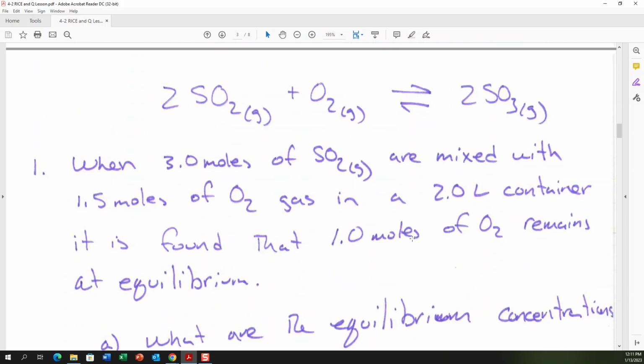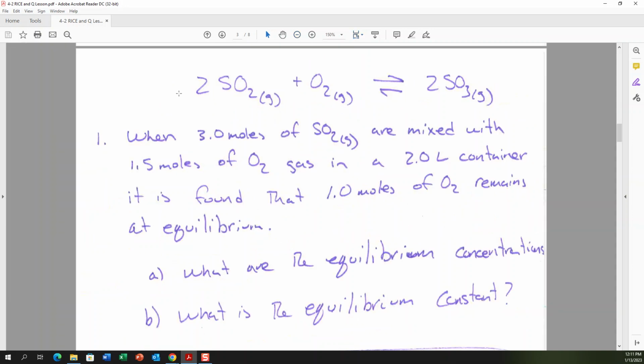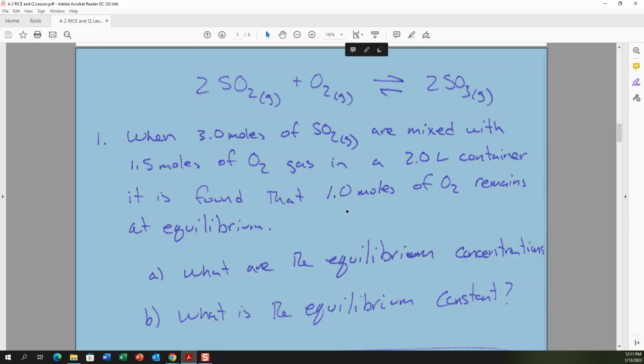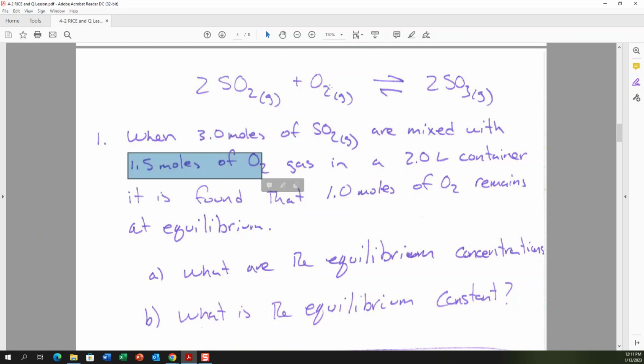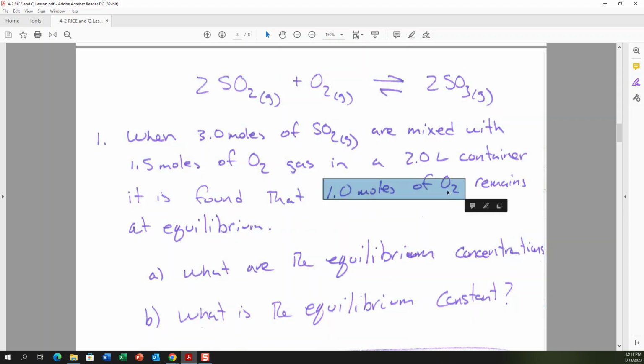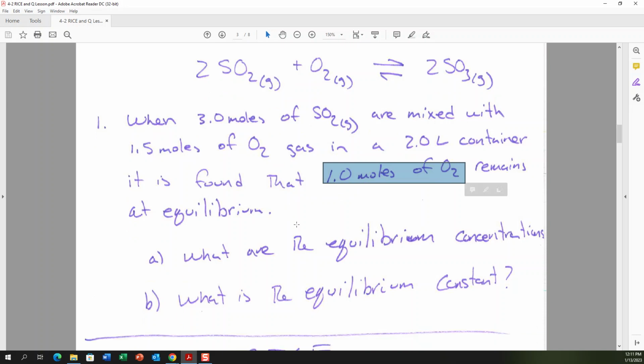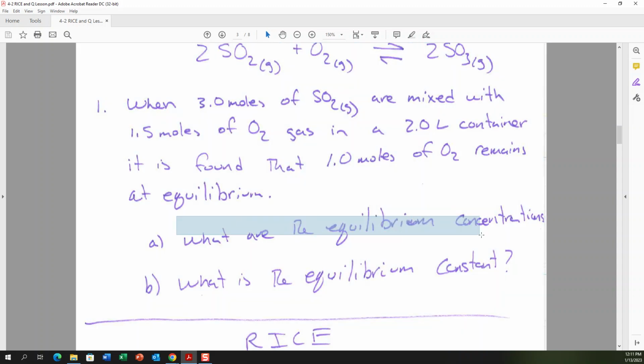All right, so let's look at this question. First, I just want to review some RICE chart stuff and show an equilibrium problem where you don't need a Q calculation. Here, we're given a reaction, and we're told we mix 3 moles of this reactant with 1.5 moles of this reactant in a 2-liter container, and it's found that at equilibrium, we only have 1 mole of oxygen. So the amount of oxygen went from 1.5 to 1 mole,